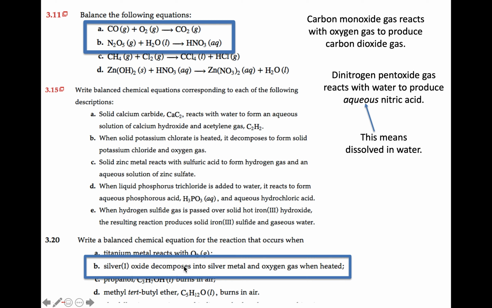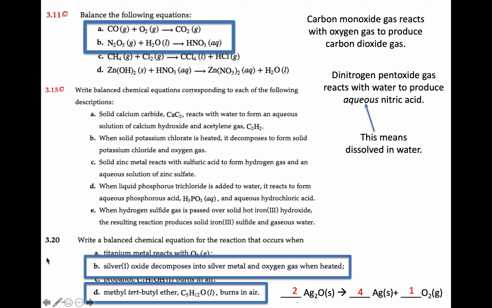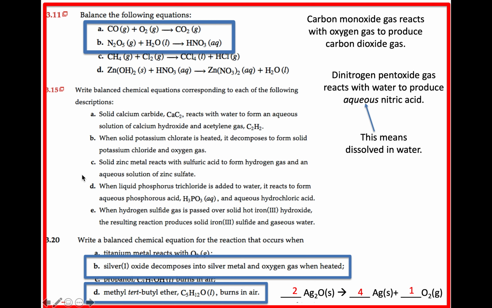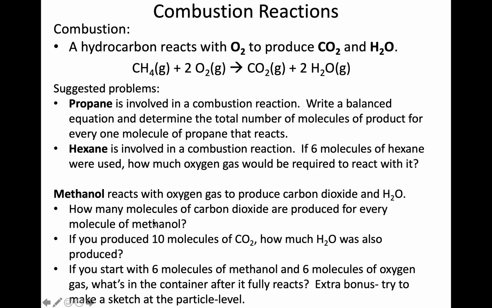Silver(I) oxide decomposes into silver metal and oxygen gas. This is an example of a decomposition reaction. If I were to balance that, those would be my coefficients. If I were to look for a combustion reaction, that last one is a combustion reaction. This idea of being able to consider things as the formula that becomes a balanced chemical reaction that we can discuss within word description, connecting to different types of reactions, all good skills that we want to have. Working through this part,